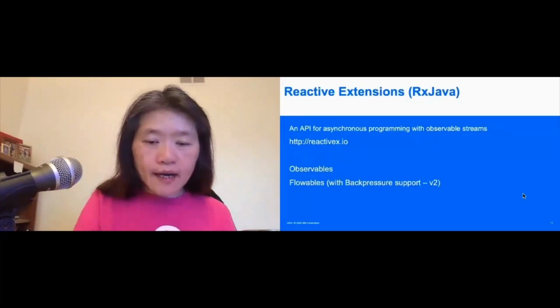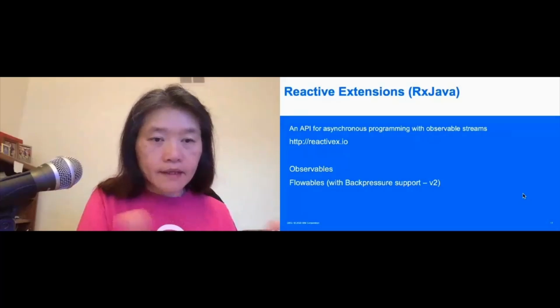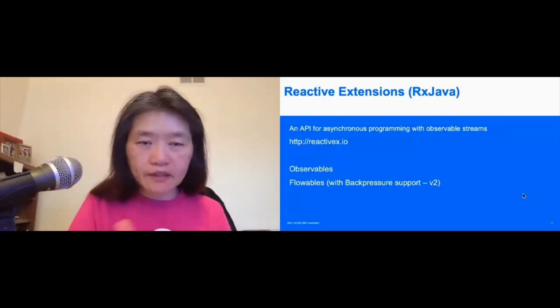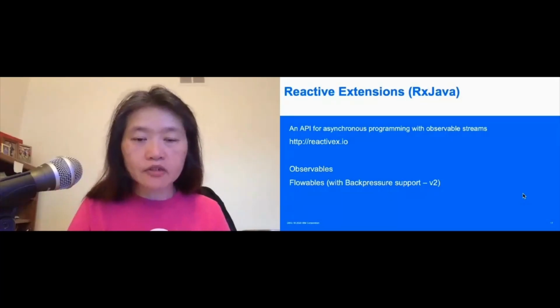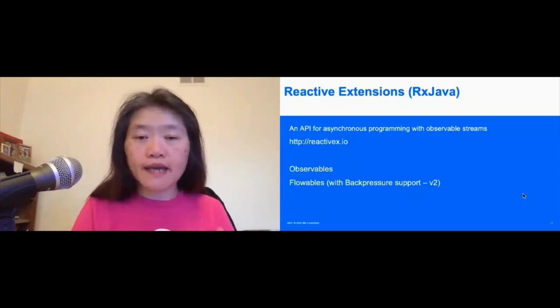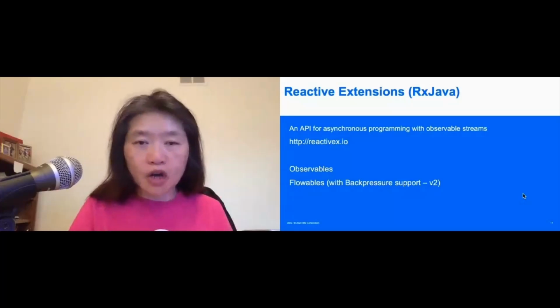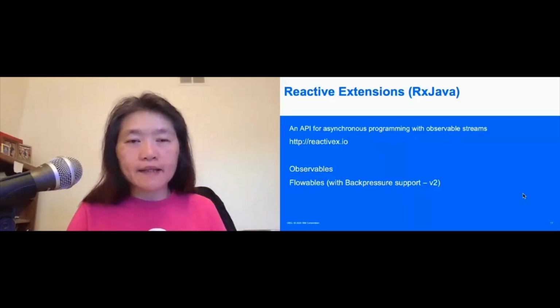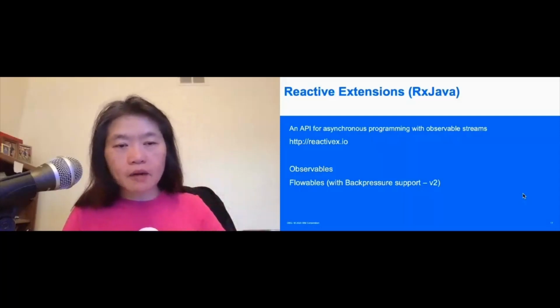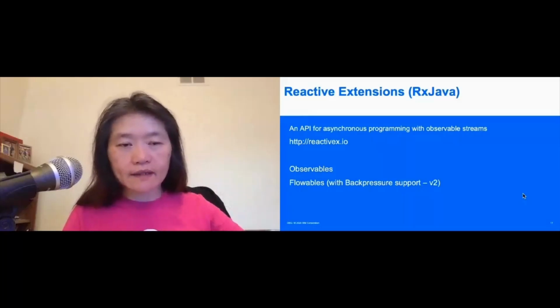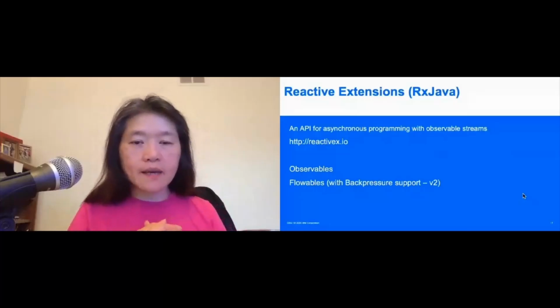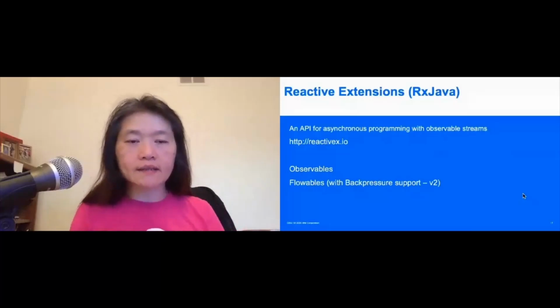And then there's RX Java, which I earlier gave you an example of. So that's also an API for asynchronous programming. It's very popular and it's used by Android apps a lot too. If you're doing Android, you're aware of RX Java, and right now it's Kotlin. I think there's also RX Kotlin as well. But of course, Kotlin works with Java, so RX Java. Basically, I also described Observables. They're essentially handling streams on the producer side. And then Flowables came out of RX Java 2 that has back pressure support.